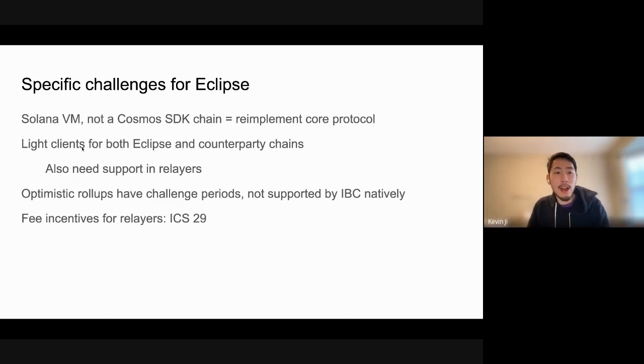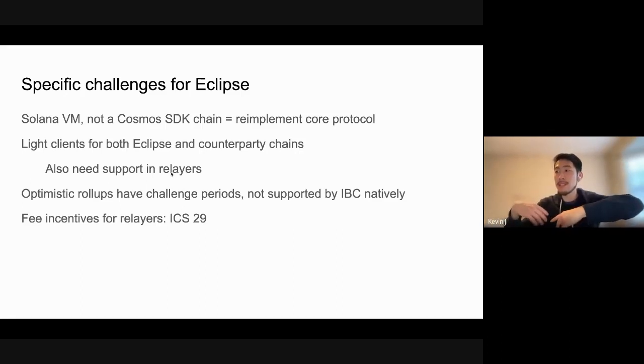So that's been a larger bit of work. And also an interesting point is that relayers also kind of need light client support. The reason why relayers need a light client is that if it's trying to receive messages from both chains, it needs to be able to look through the stream of messages, be able to filter out which ones